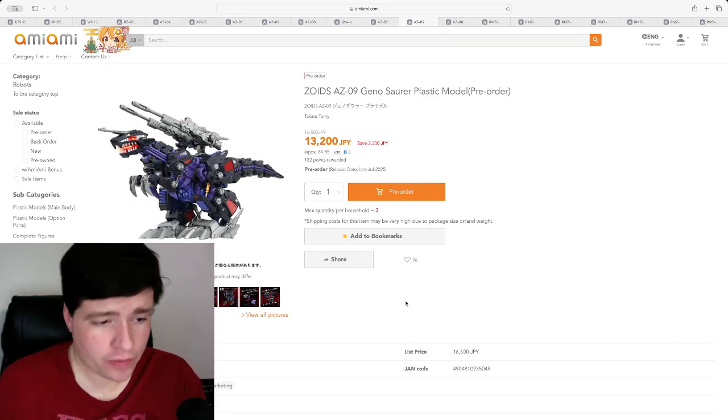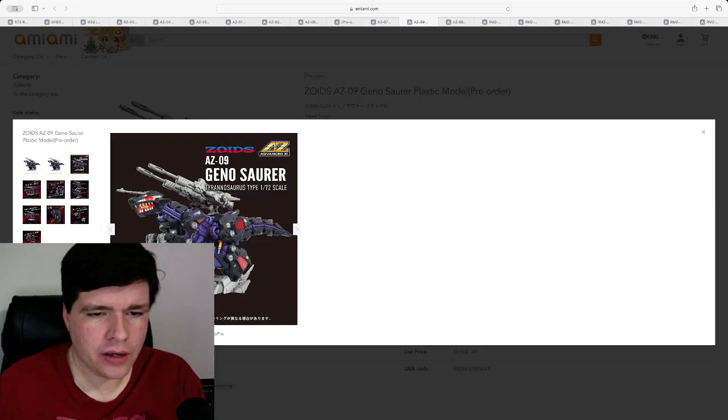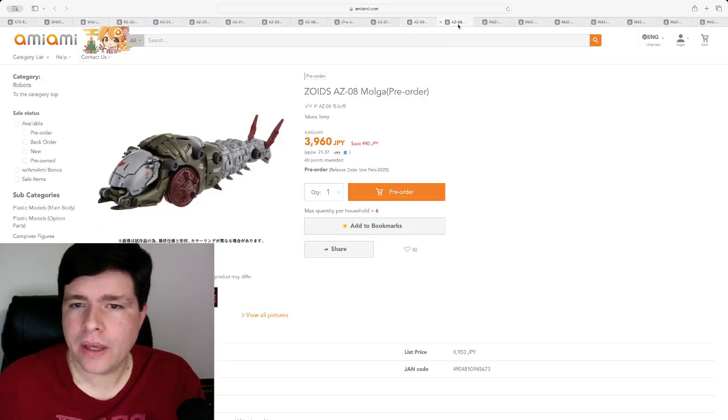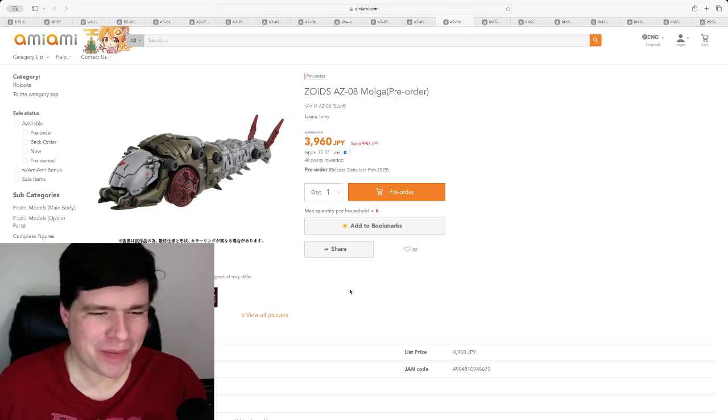New Genosaur, of course, is to go along with the AZ line. This guy looks really, really sick. Again, I love the light up eyes and light up charge particle beam cannon in his mouth. And then they're doing a Mulga, which seems a little bit underwhelming for me to mention after the Genosaur and